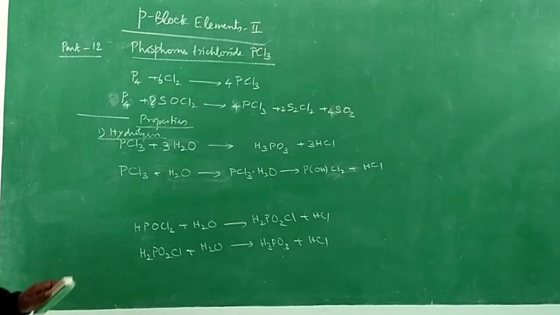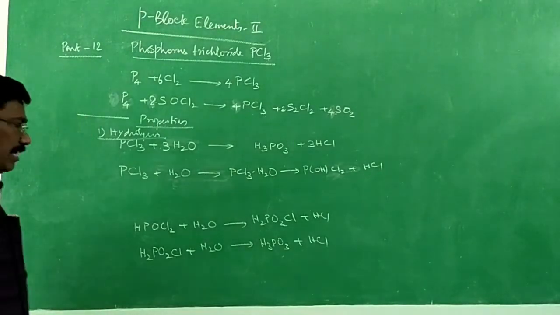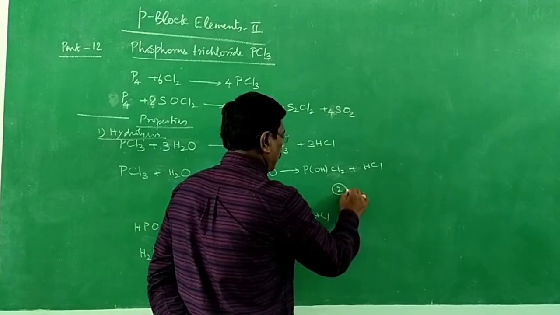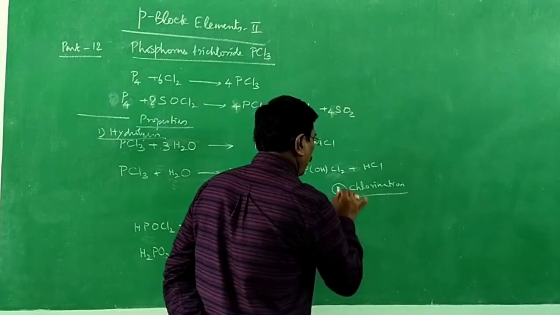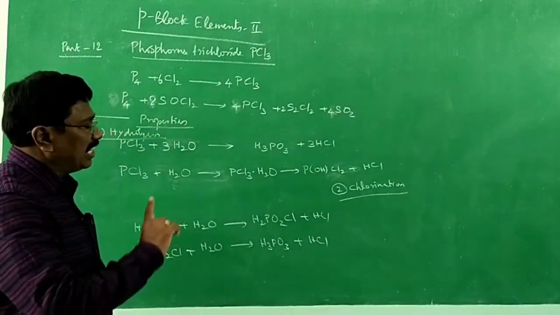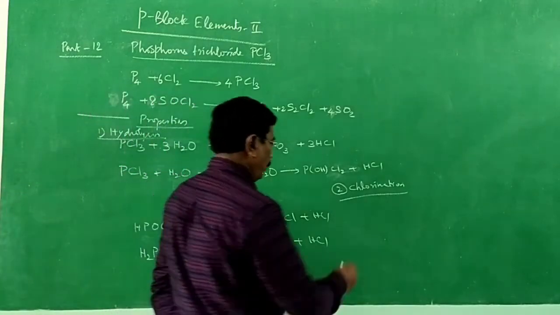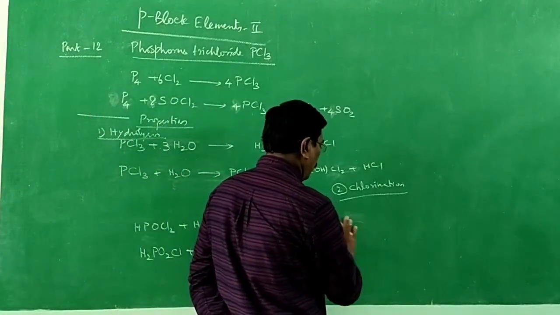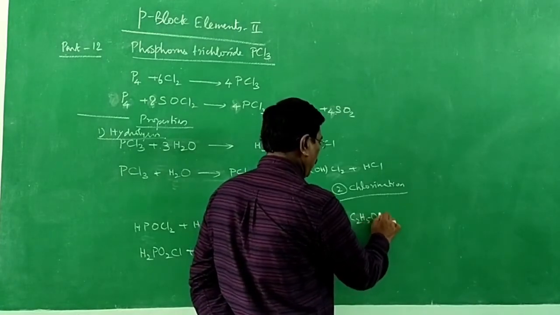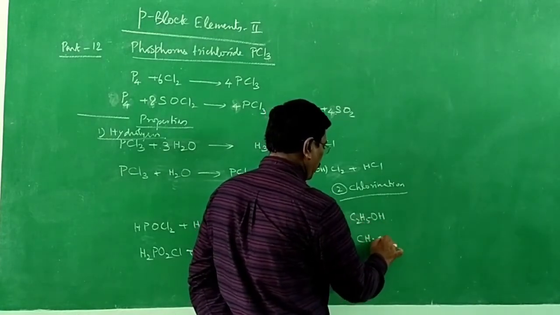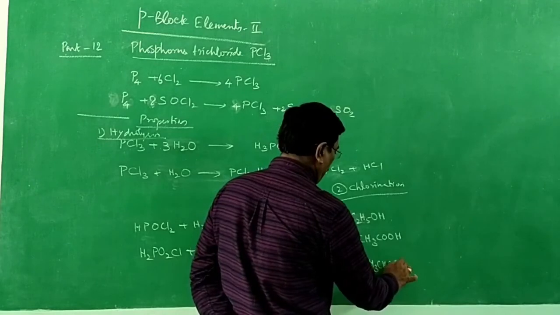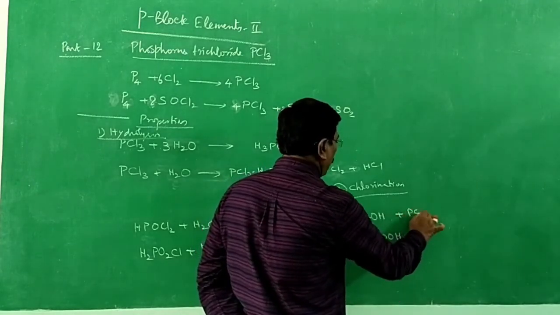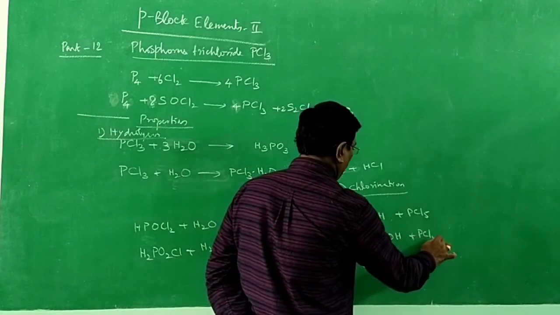Alright. Now, the second important reaction is the chlorinating reaction. These are the 2 important reactions of PCl3. Second reaction, chlorination. Chlorination, in one aspect, chlorinating. Here, the hydroxyl group is replaced by chlorine. How? Whenever we have compounds containing an OH group, C2H5OH, ethyl alcohol, CH3COOH, acetic acid, ethanoic acid, CH3CH2COOH, propanoic acid. When these compounds are made to react with PCl3, as you might have already studied under alcohols